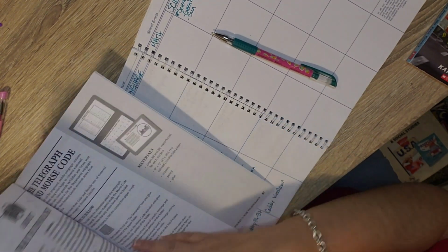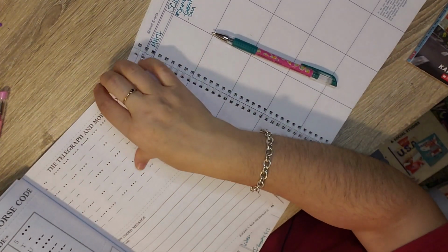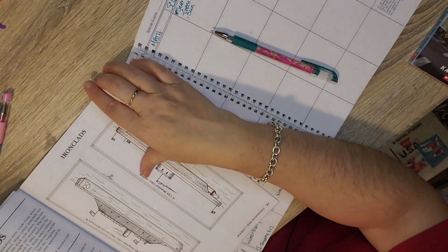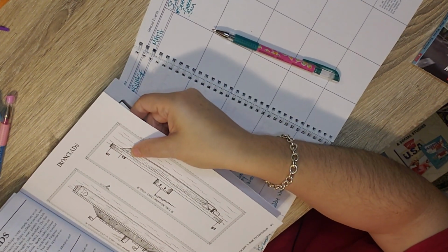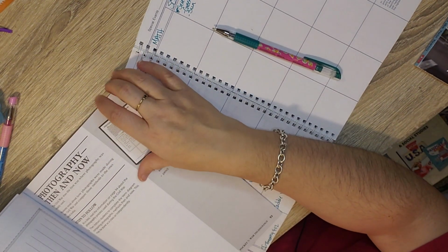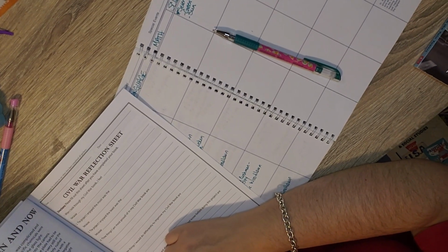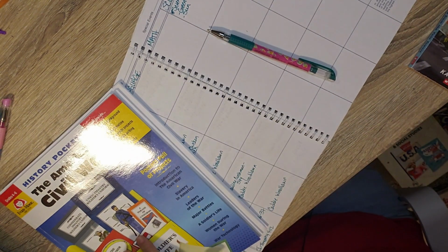So for war technology, we have the telegraph, which we've already done quite a bit with. At the end of the Pony Express, we started talking about Morse code. Ironclads will be interesting. We haven't done very much on ironclads. We did read about it last week. Photography, we've done quite a bit with photography, but maybe we could do a little bit more. So let's see. Okay, so if I don't do that,